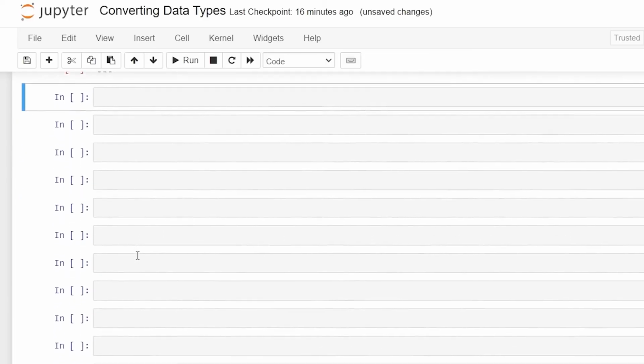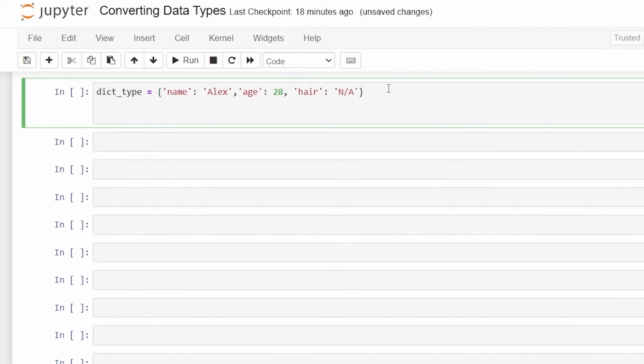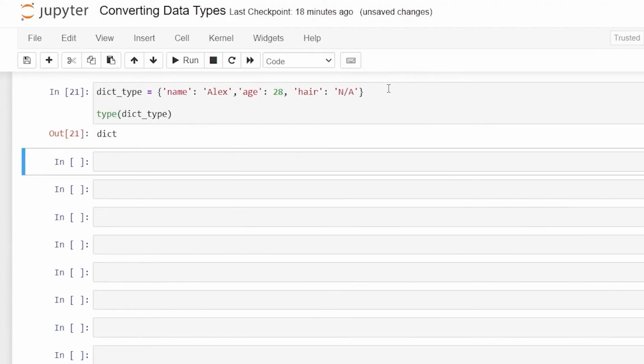Now let's go down here and take a look at dictionaries. Now let's say we have a dictionary called dictionary_type. And we'll do a squiggly bracket, and we'll say name, and we'll do a colon, and we'll say Alex. Then we'll do age, and a colon, and we'll say 28. And then we'll do hair, colon,